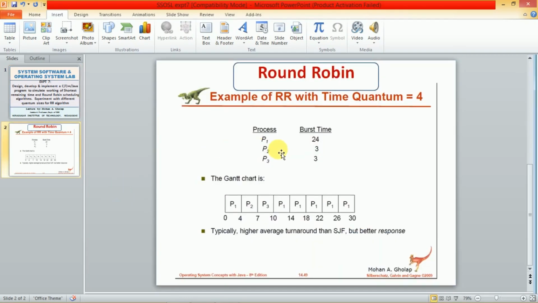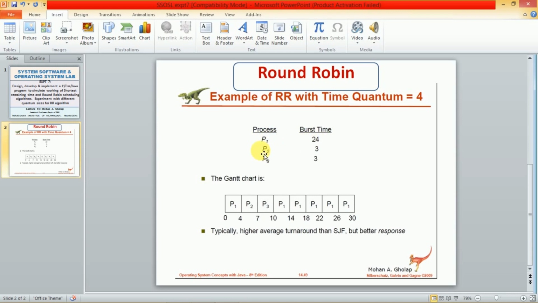Consider our round robin scheduling algorithm. Whenever a process arrives, that is P1, it will have a burst time, and we have to check whether this burst time is less than the quantum time, or if it is greater than the quantum time. If the process time is... let's not consider P1, consider P2.